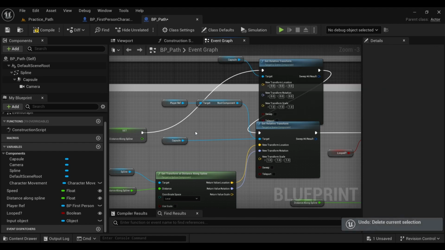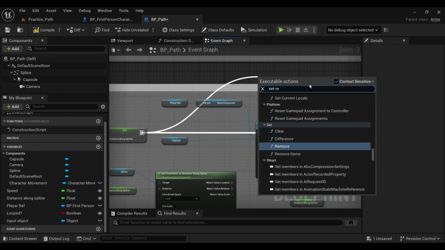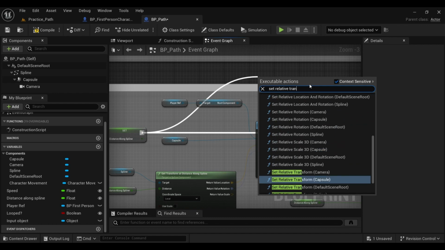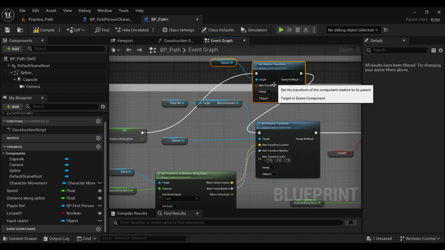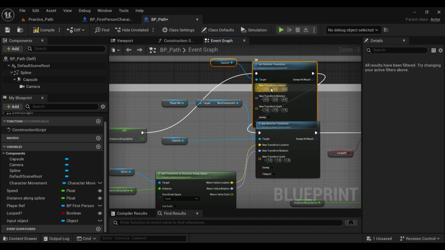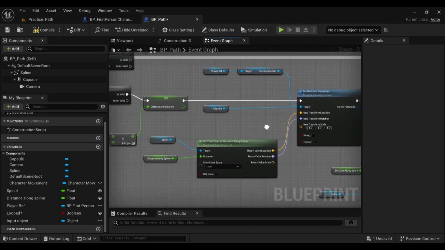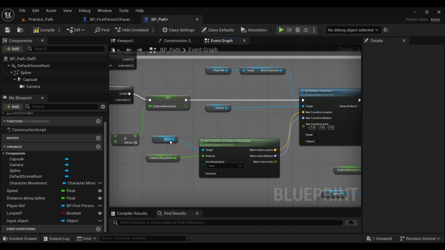One more time. Drag this here, set relative transform, new transform, right click, split struct pin, and then you have the transform location, transform rotation, and transform scale, all separate. And then you add your player reference, this, get, and add it to the target. Okay, and also remember